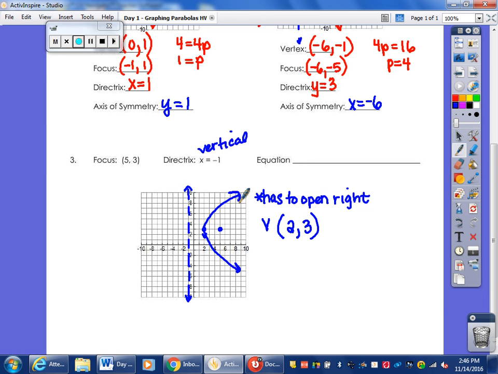Now, in order for me to get the equation, I just need to know what my p-value was. Remember, p in here is going to mean how far away that was. So my p-value was 3 units. So when I go to write my equation, it opens to the right, which means it's positive. I'm going to do 1 divided by 4 times p. Remember that it's 1 over 4p, and if p is equal to 3, then this is going to be 1 over 12. And it's going to be x minus 2, that's my x coordinate of my vertex, and we're going to do the opposite, squared, and then